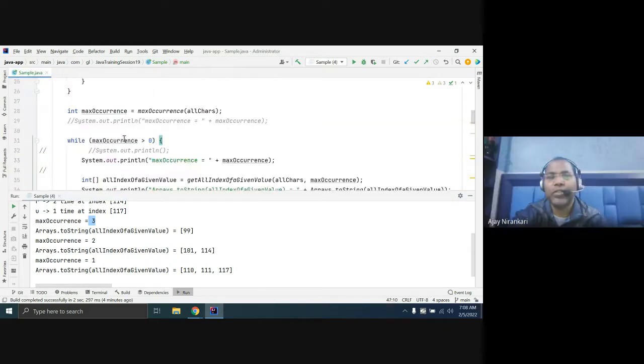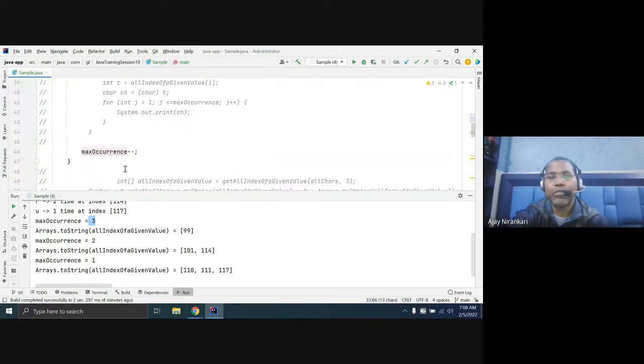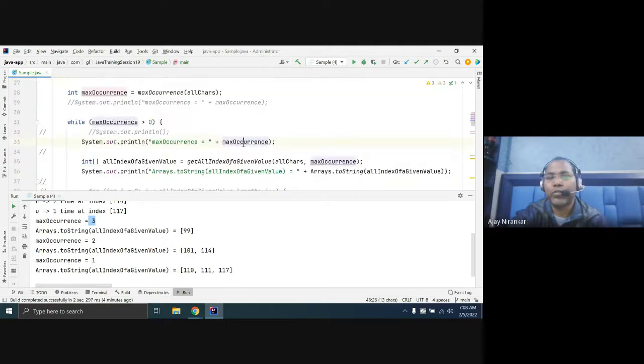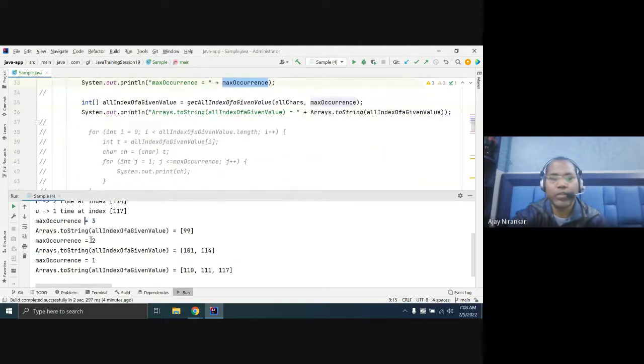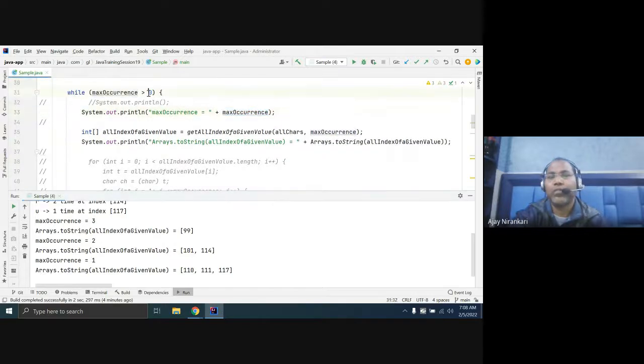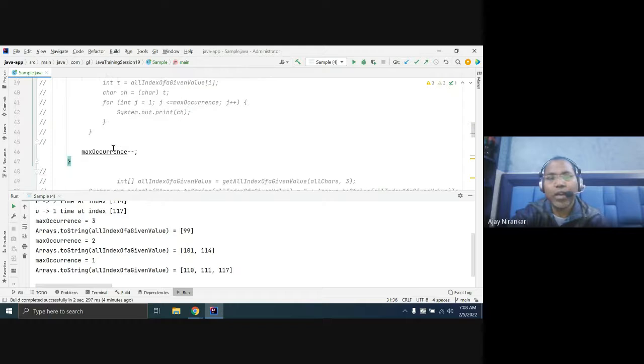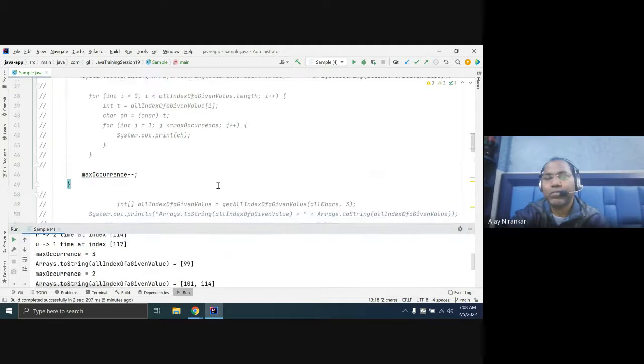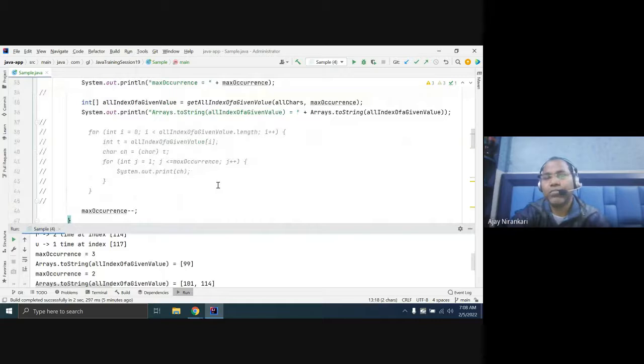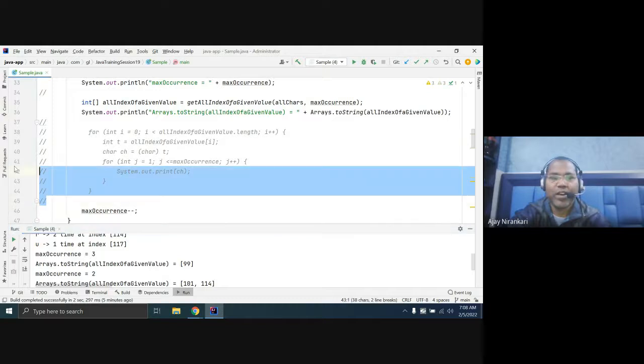Okay. This is the while loop, which started from the max of three. First time three, then you minus one, so next time it's two, next time it's one. This goes through three, two, one while you are greater than zero. You cannot consider zero. So this is the while loop. They are reducing your max: first time three, next time two, next time one. Any doubt? No, sir.